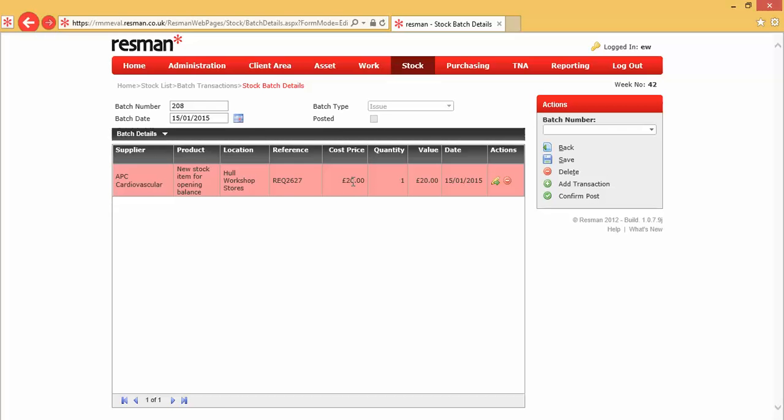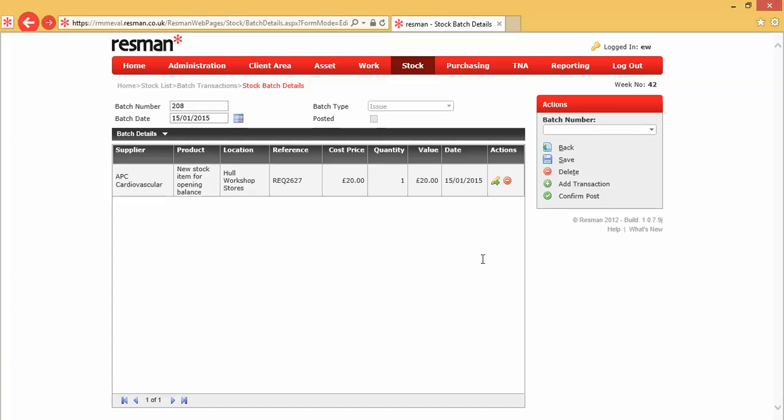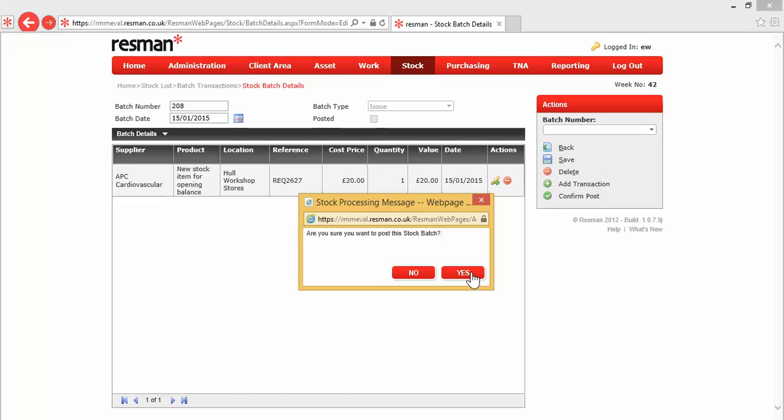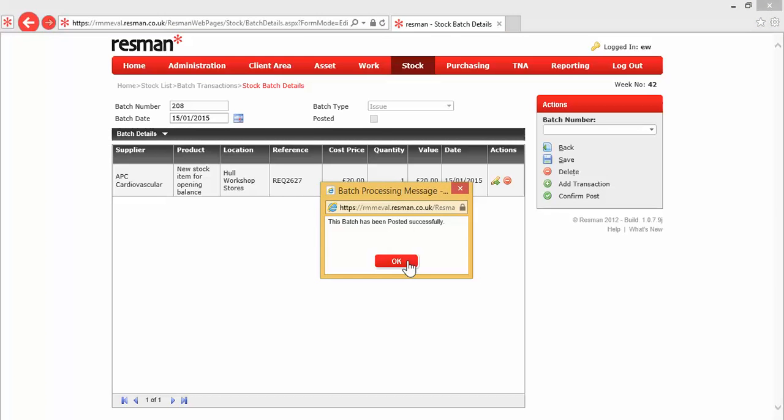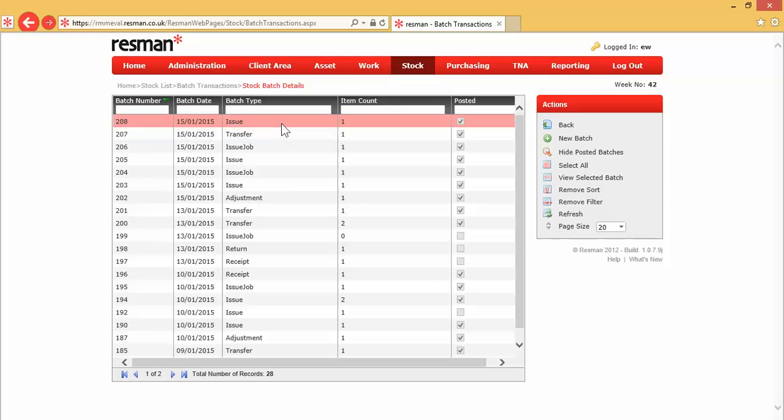If for some reason I needed to go back and change any of this information, I've got an edit icon here, and that takes me back into the form. I can edit that transaction, but what I'd like to do is to confirm this now. So I confirm the post. Am I sure I want to do that? Yes. It tells me that the transaction's taken place. Our job batch has gone. If I click on show posted batches, there's that issue at the top